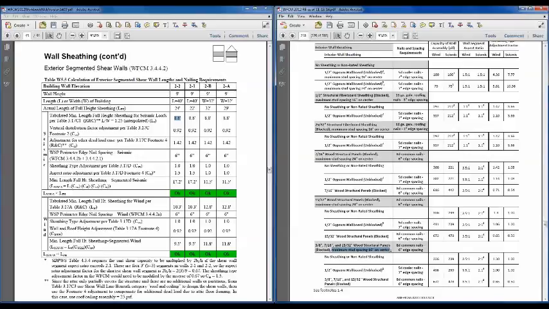So I'm getting you our baseline, and I'm going to have you circle here in a second a couple of numbers. So this is 1/2 inch gypsum on the interior. So what's in the gray is your exterior wall. What's down here below then is what's on the interior of your wall. So if you had no sheathing or no non-rated sheathing on the interior, that would be this line. We've got 1/2 inch gypsum, and again, this is our assumption for the wood frame construction manuals, that 1/2 inch gypsum. You see here we're showing the wind load capacity, the seismic load capacity, the aspect ratio limits, and then